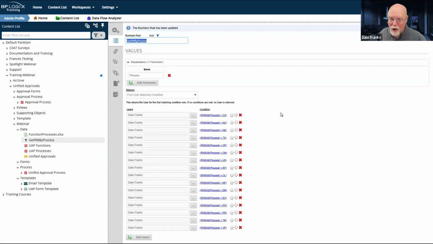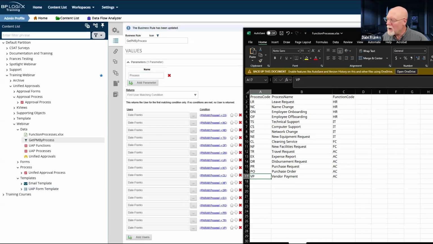We're going to pretend that I configured all 17 of these rows. Now, as I said, it's all going to be me because I'm going to have to demo this eventually. But each one of these is now set up for my process. And now the parameter is process, not process ID, but same thing. All of these are configured. Now I've got to be able to call this. Now, the way that I decided to do this was to do this inside the form, to set the value of the form based on this business rule. But I should probably change a couple of them. So let's see what we have here.